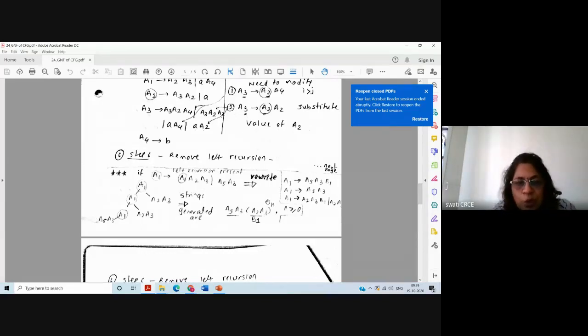If it is not understood, tomorrow again I will revisit this. What we have done is that for left recursion, this was the left recursion. Draw the parse tree. Identify the string generated, which is A5 A3 followed by A2 A3 raised to n type of string. So for this A2 A3, introduce a new variable, and then you can write A1 as A5 A3 B1 or A5 A3, and then B1 is equal to, this is A raised to n type of thing. So it is A2 A3 B1 or A2 A3. So B1 is represented in the form of B1. And here A1 was represented in left recursion, but B1 is represented in right recursion. So we have converted left recursion to right recursion.